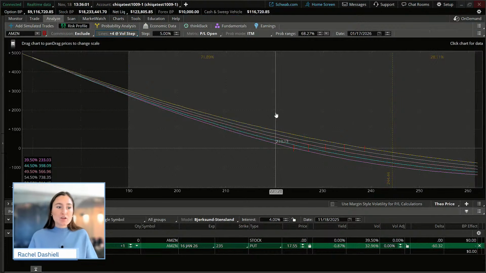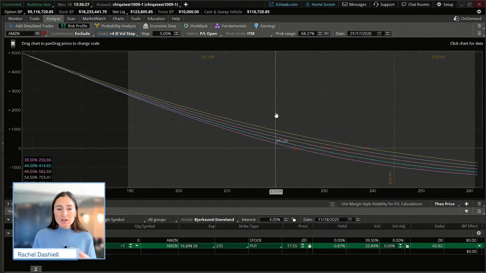So you can really see through those increments how that's going to affect your profitability, over the direction of the stock, and also how volatility will impact that profitability too. Hopefully that gives you a little more of an indication of how you could use both that Theoprice tool and the risk profile graph to simulate, estimate and visualize how the price of your option will change based on these factors, and how your profitability will change over these factors as well.